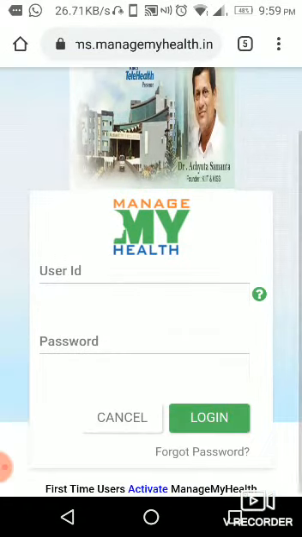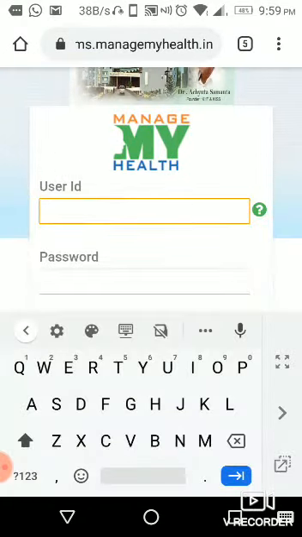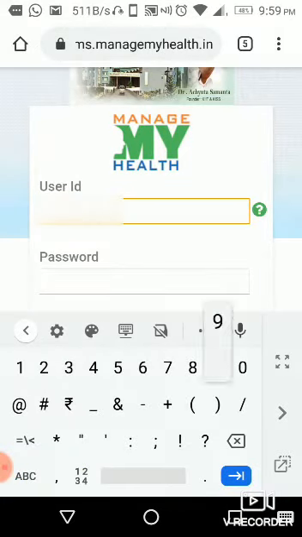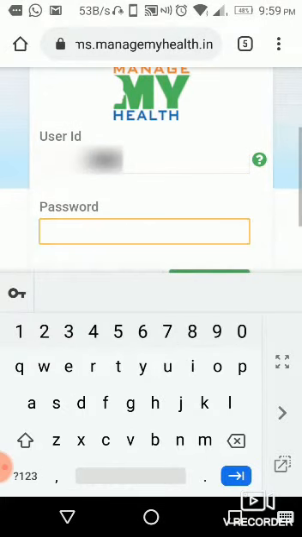In the user ID and password, you need to give the same user ID and password as you have logged in with in the app. The password you have given in the app, the same thing you need to write here.